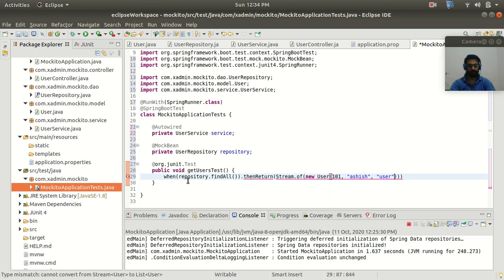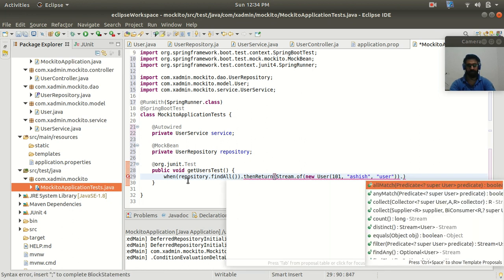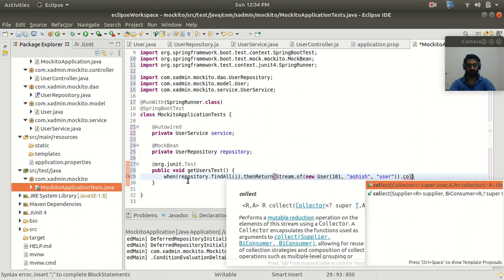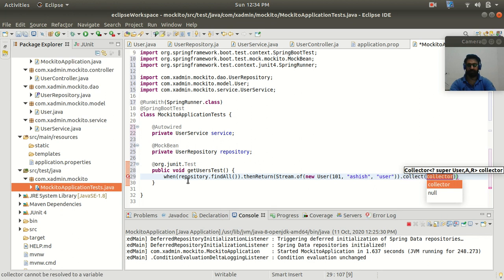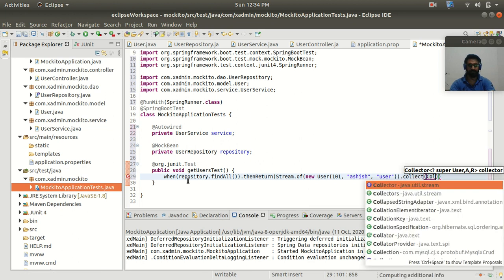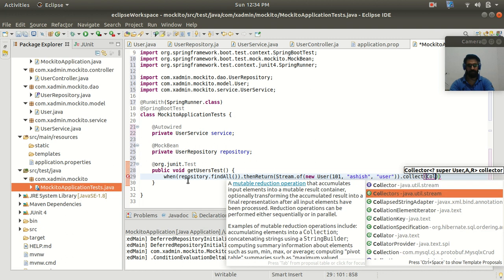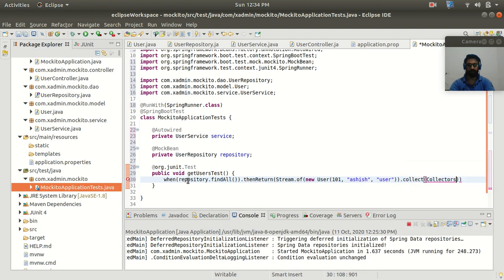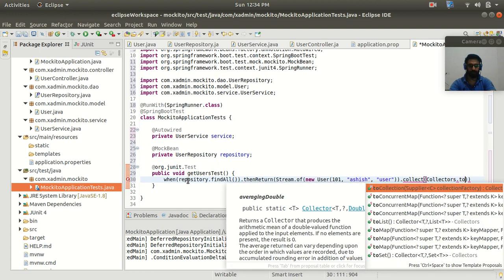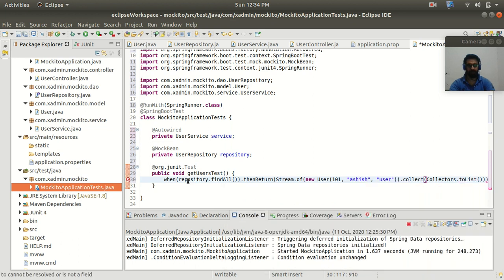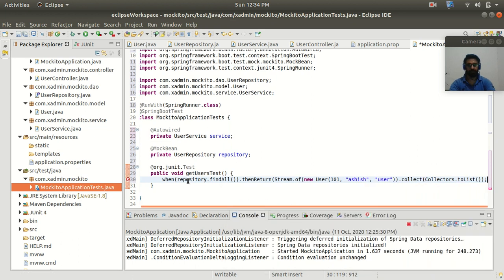All right, and then I will do a collect method, and inside the collect method we have the Collectors class of my stream to convert it to a list. So here I will call toList, right? So here I am mocking my dummy object.